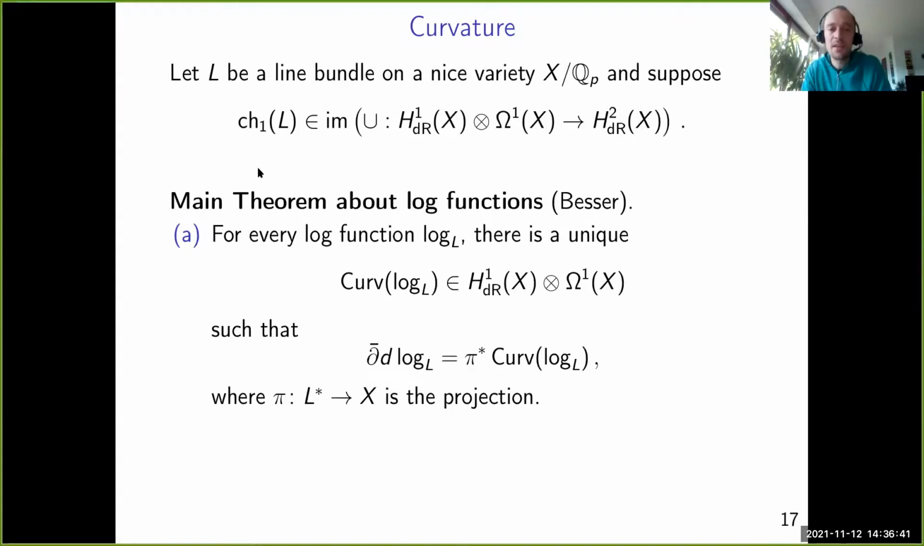Okay, so here's the main theorem about log functions, part 1, part A. For every log function log L, you can define a curvature form. This curvature form of log L lives in this space H1 tensor omega 1, and it has the property that del-bar d log L